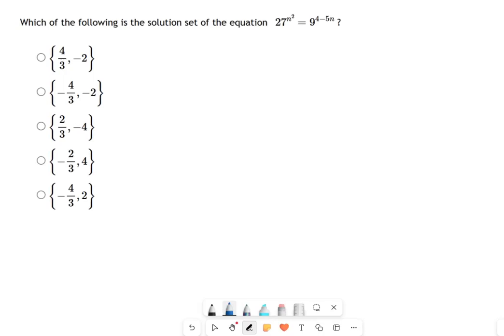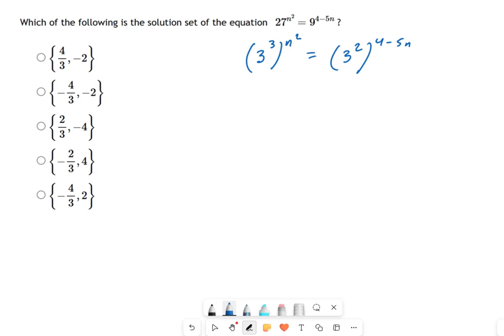So we're looking at an exponential equation here. And if you calm down for a second, you'll realize that it's two numbers, 27 and 9, that have something in common between them. They're both related to the number 3, and that's going to be really helpful when we look at it. If you want, we could just start there right away and say on the left we have 3 to the third power, and that's raised to the n squared. And on the right, we have 3 squared, that's 9, and it's raised to the 4 minus 5n power.